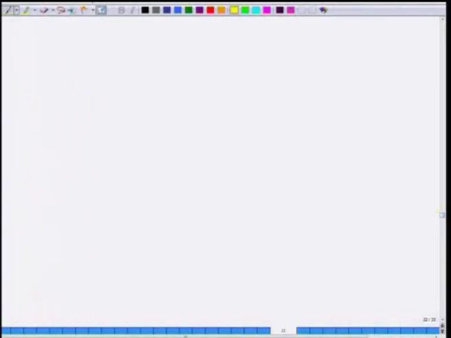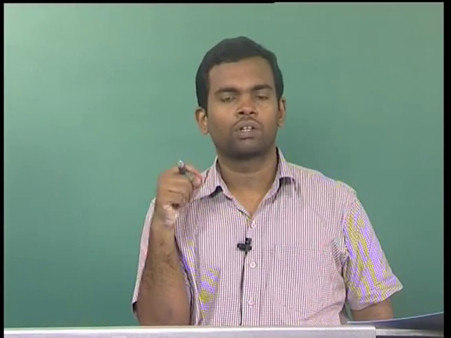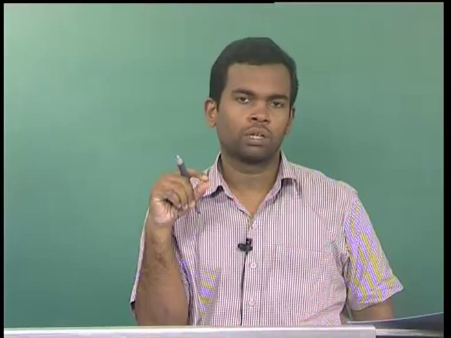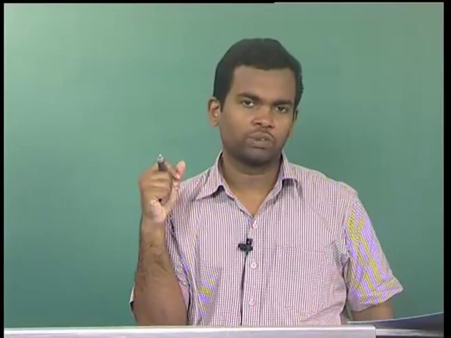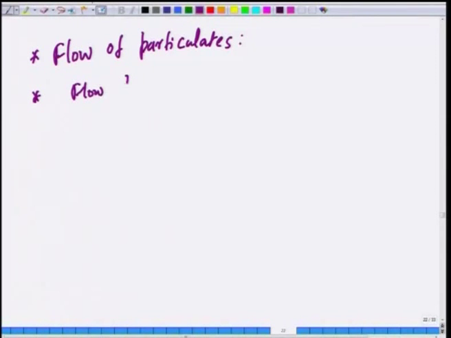Now, after we finished boundary layer theory, we moved to flow of particulates and fluids, and we moved to applications closer to chemical engineering. Flow of particulates, we discussed settling of particles and how that is used in finding out the minimum diameter that can be captured in a settling chamber. Okay, that is one application we did. We also found that we can derive the terminal settling velocity of a sphere, be it in a gravitational field or in a centrifugal field. So, that is one thing that we discussed, and then we discussed flow through packed beds,